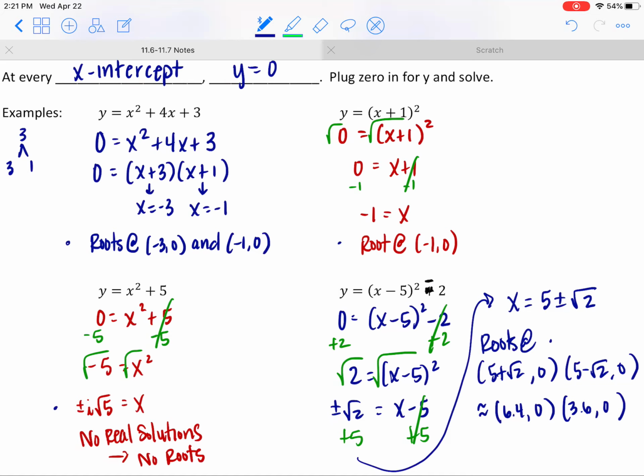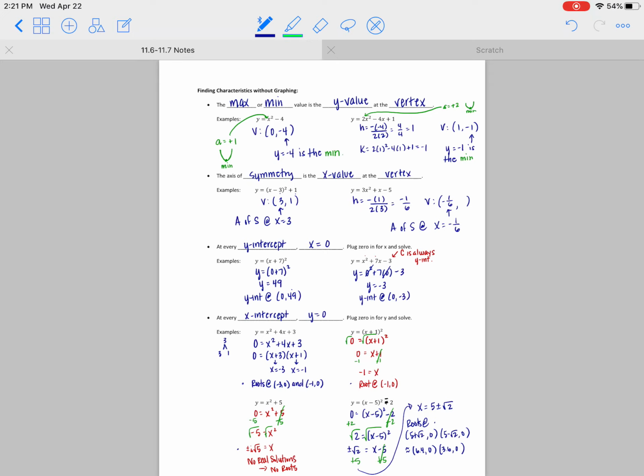1 rational root, graph crosses the x-axis 1 time, really nice point. 2 rational roots, graph crosses the x-axis at 2 nice points. 2 irrational roots means the graph still crosses the x-axis twice, they're just not at exact points. And then those 2 imaginary solutions means our graph isn't going to cross the x-axis at all. Okay? So all that stuff we were doing, it all connects. The solutions to your equations have meaning for the roots or x-intercepts of